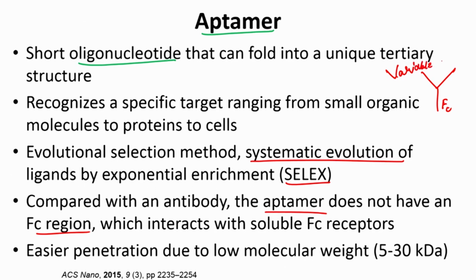The basic function of the antibody is to be like a tag for the immune system. So, if an antibody is binding to a certain region or certain protein, that acts as a tag for the immune system to remove that, because that is something that is considered foreign. And the way the body does that is through this Fc region. This Fc region has lots of receptors on your immune cells,